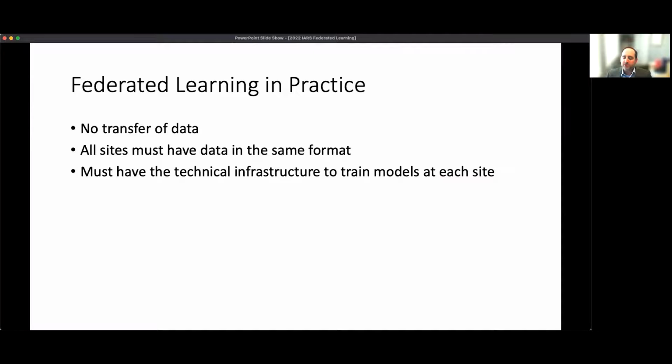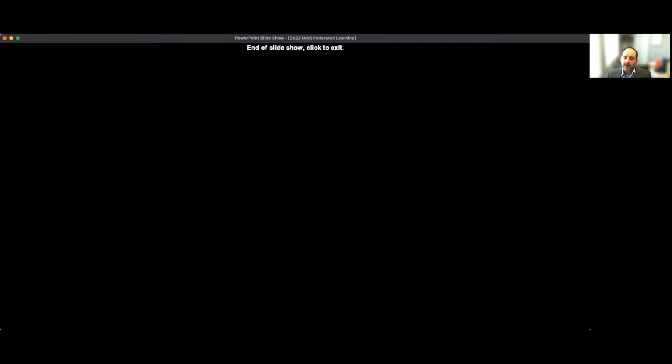As we know, machine learning models require large processors, or they're done in the cloud, or on an on-site server rack, but whatever it is, they need to have the technical infrastructure to do it. So you trade for the benefits of data privacy. However, each institution needs to have a certain degree of technical sophistication in order to make it work, right? However,